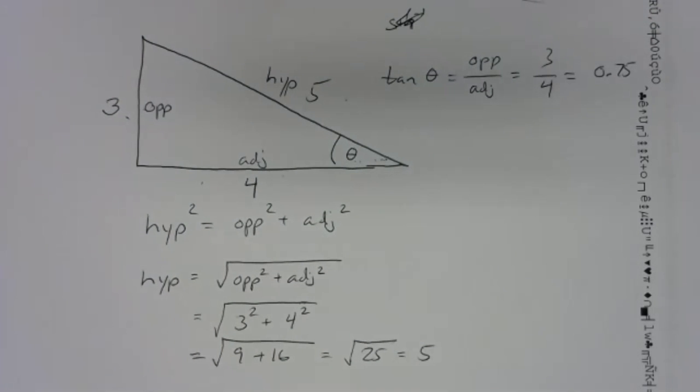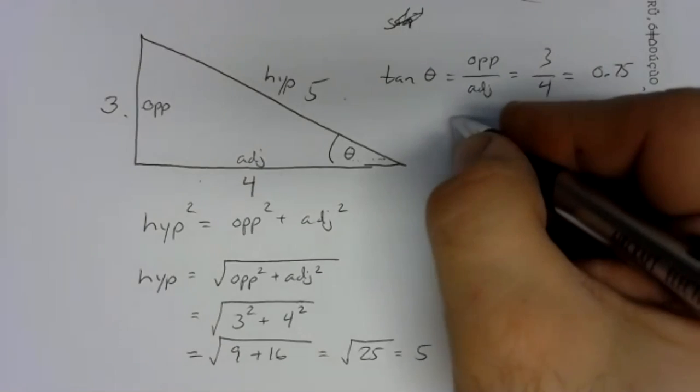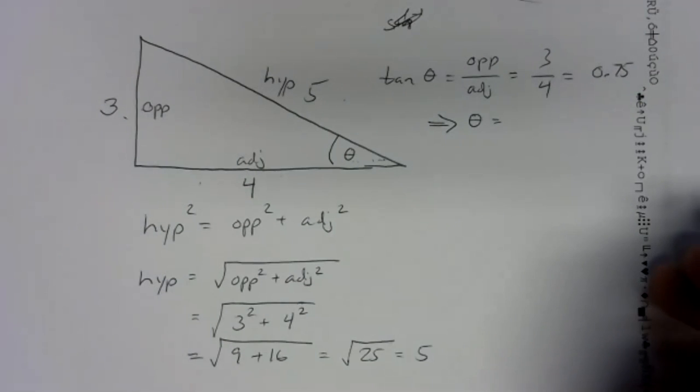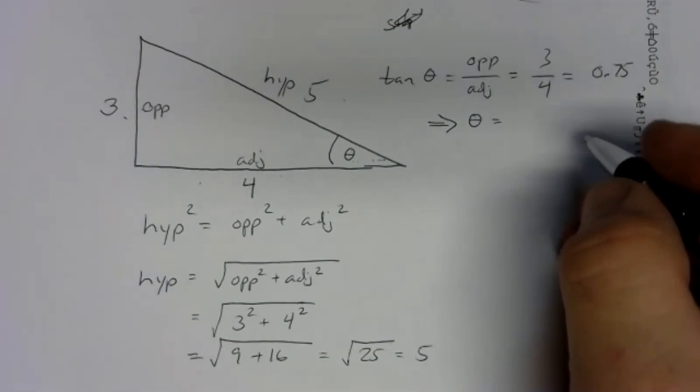So we can go to the calculator and ask, what angle has a tangent of 0.75? And you do that by keying in 0.75 and hitting your inverse tangent key, usually shift of tangent, or however you have to key it into your calculator. Different calculators have different syntax to do that. On mine, I have to enter the ratio first, then hit the trig value. And when I do that, again, I'll round to 5 sig figs. My angle is 36.870